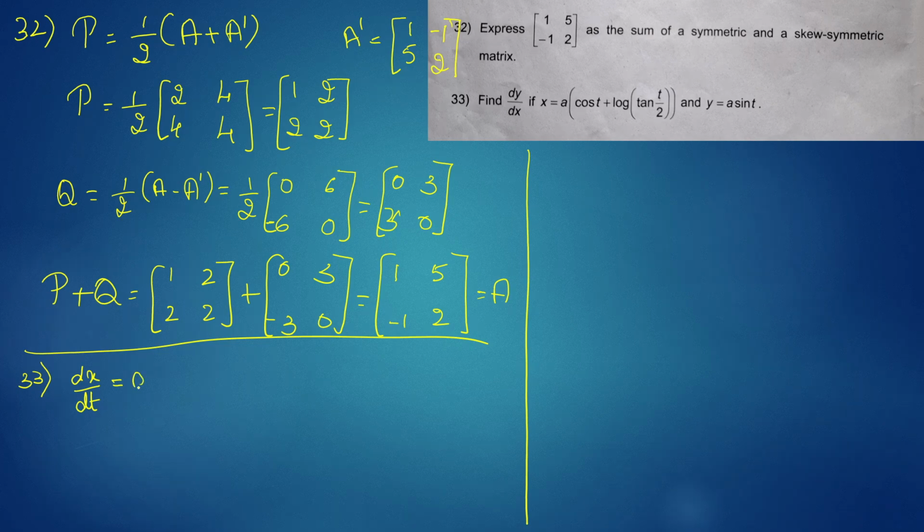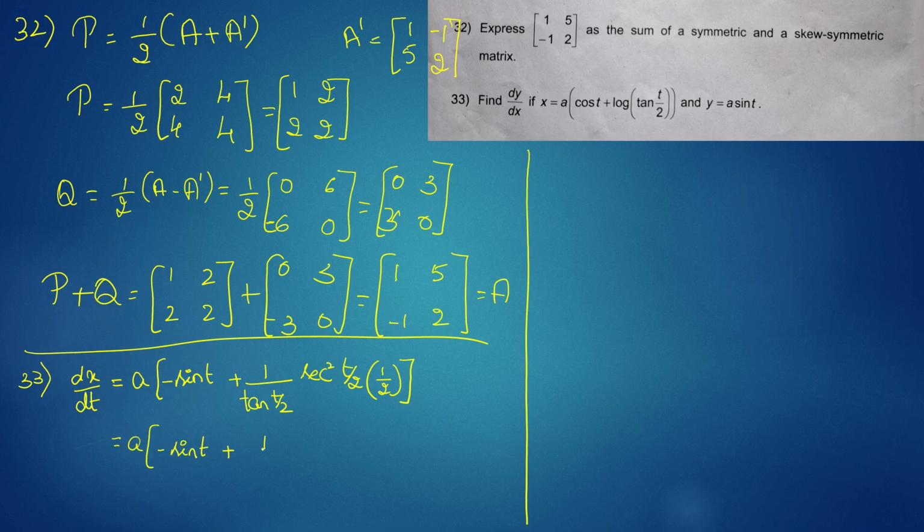To find dx by dt, differentiate the function with respect to t. We get a into differentiation of cos, which is minus sin t, plus log of 1 by tan of t by 2. Differentiation of tan is secant square t by 2 into differentiation of t by 2, which is 1 by 2. Now let us simplify this. A into minus sin t plus 1 by tan can be written as sin t by 2 divided by cos t by 2. Secant square t by 2 can be written as 1 by cos square t by 2 into 1 by 2. If we simplify this, we get a into minus sin t